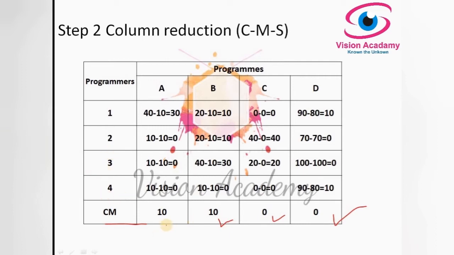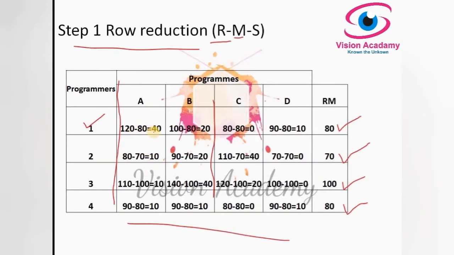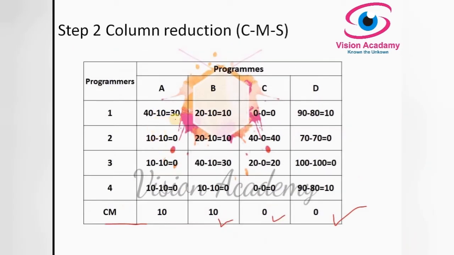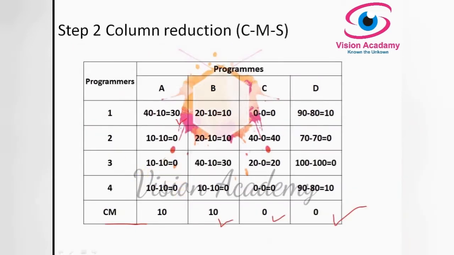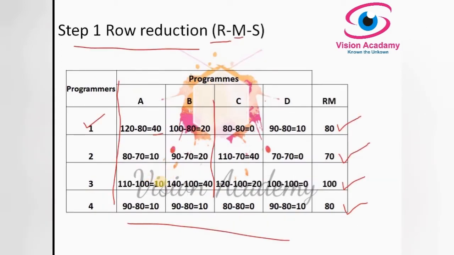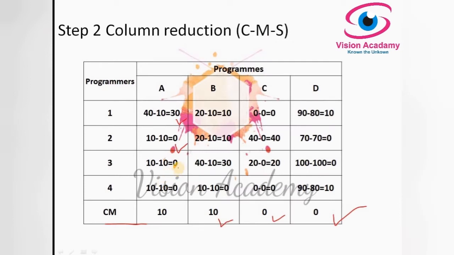Look at here. For the first column, 40, the result from step 1, 40 minus 10 is 30. And the second value, 10, is the resulting matrix after row reduction, so 10 minus 10 is 0. Next, the obtained result is 10, so 10 minus 10 is 0. Again here also 10 minus 10 is 0. So this is how we obtained column reduction for the resulting matrix from the row reduction.